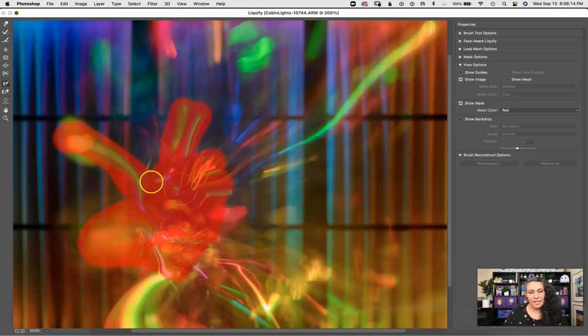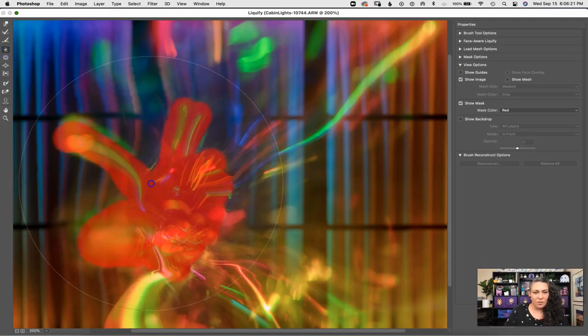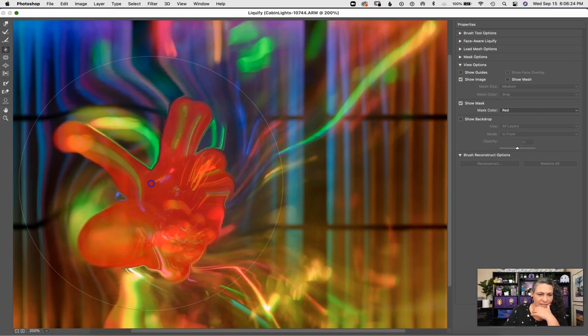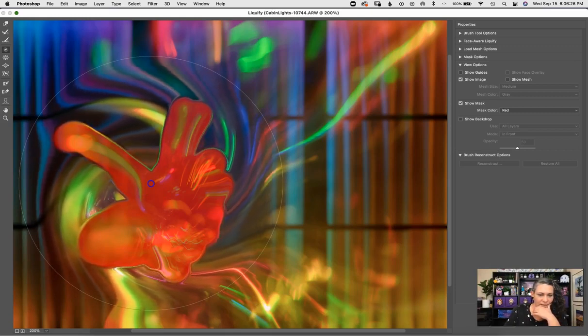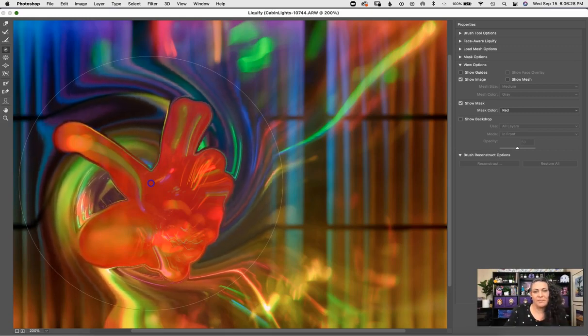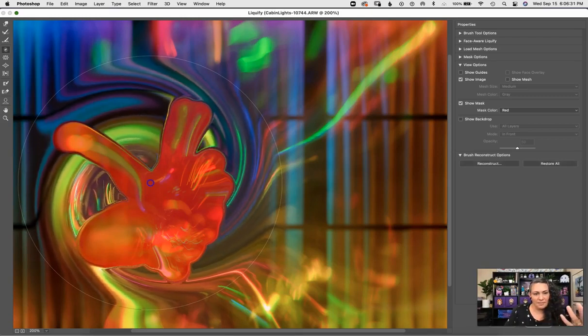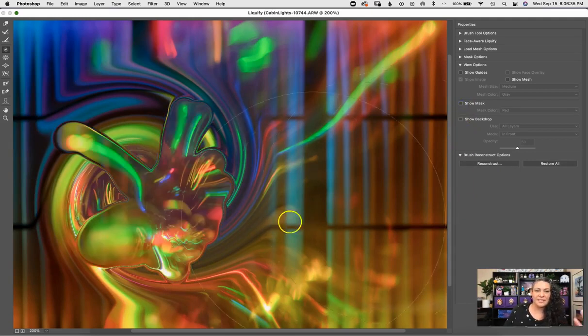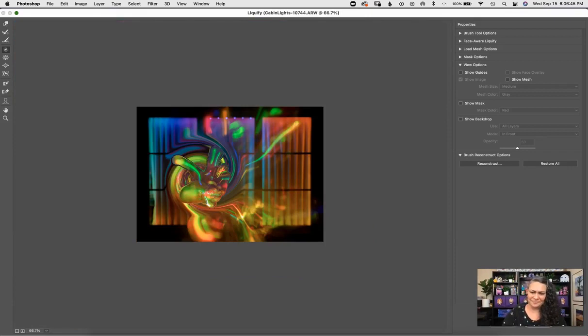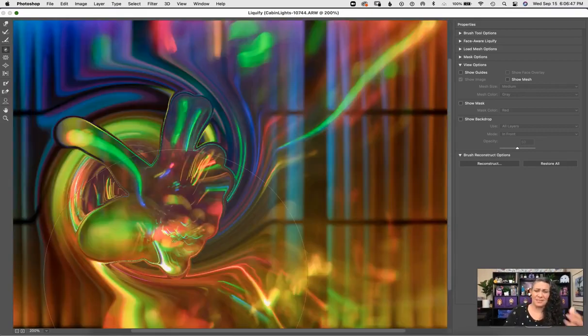So now that I have this, let's pull up, I don't know, the twirl tool. I'm going to click and hold, and it's moving things around, but it's keeping that area that I masked over still. Okay, so let's turn off that mask. Now you can see that the area I masked over is still there, but it's been moved behind the scenes. So this could be really helpful when you're trying to change parts of things but don't want to change